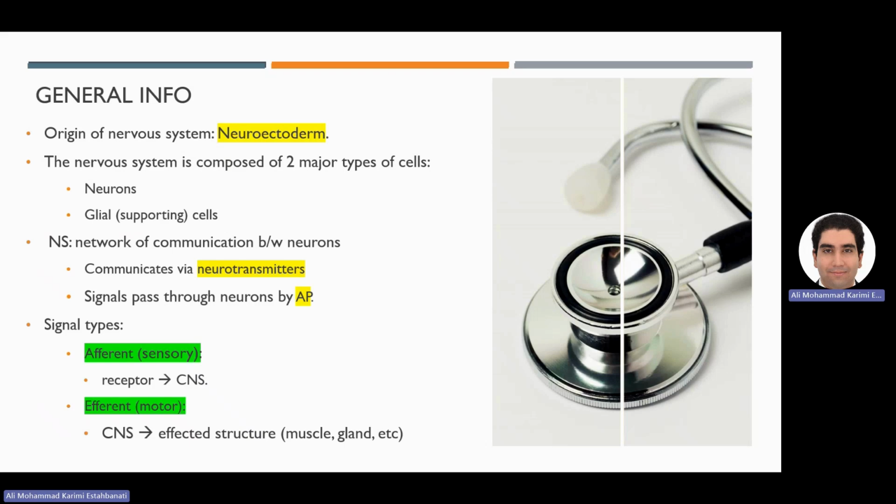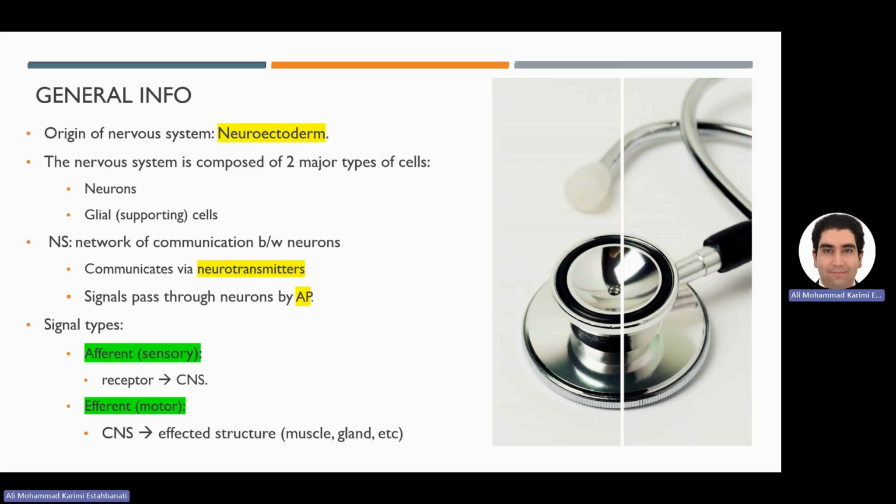What's the difference? Afferent, it's sensory, meaning that it goes from the receptors, for example, at your skin. The receptor will feel something. I don't know, it could be maybe a burn or something like that. And they will send this info all the way to your central nervous system. So it can go to your brain, it can get processed, and the reflexes get activated in there and then